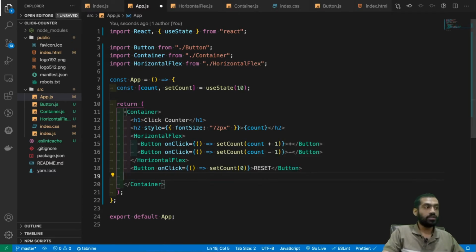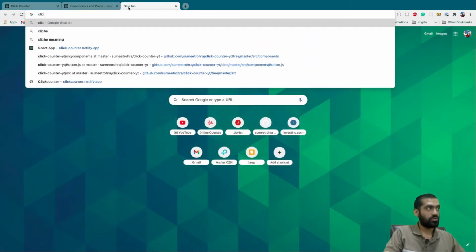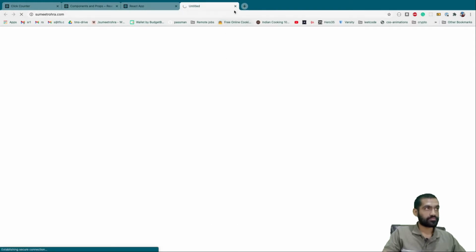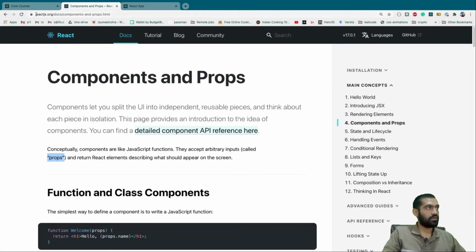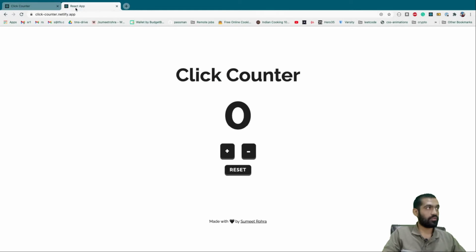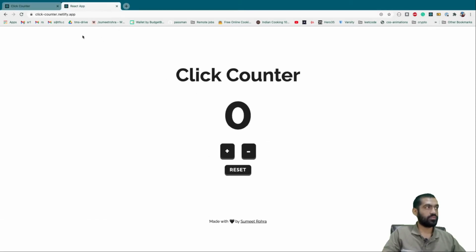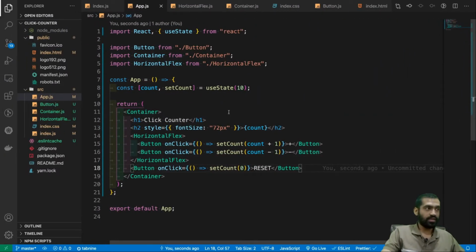And if you want to see the final result, you can just go to this page, click counter hyphen, yeah, this is right. If I click on Sumit Rohra, we get to my website or whatever website you want to have. So the styling is a bit different from what we have had here, but we are doing some things differently here, right? But you can just take this whole thing as homework and correct the styling, and you will learn a lot of things doing that.